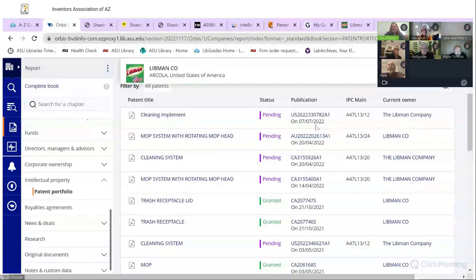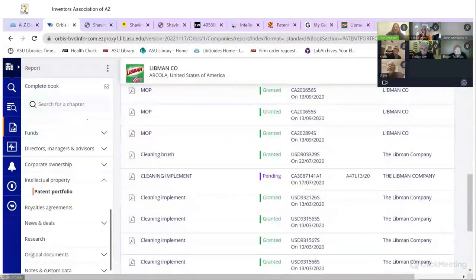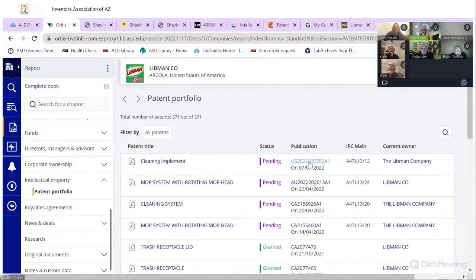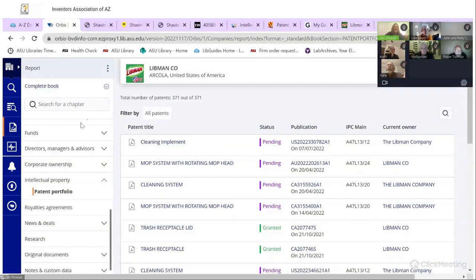And if you notice, I just noticed too that it not only has US patents, but in this case, an Australian patent, Canadian. Does the link take you to the patent office or Google? I'm curious. Let's take a look. It's not moving. Oh, I don't have access to their intellectual property module. So I can't go directly in there, but I've got the patent number. I could go elsewhere to find it, right? Very cool. Thanks.